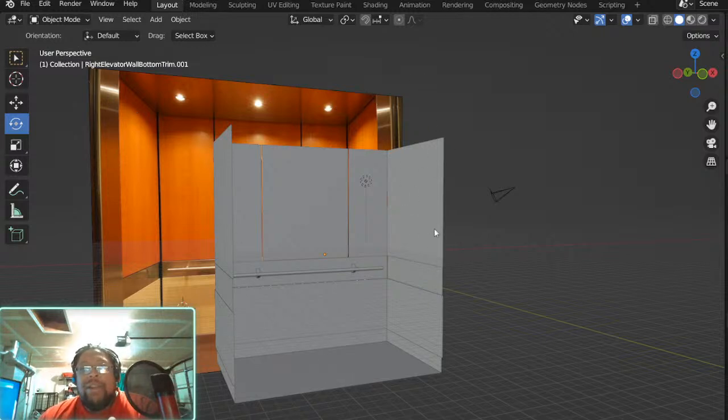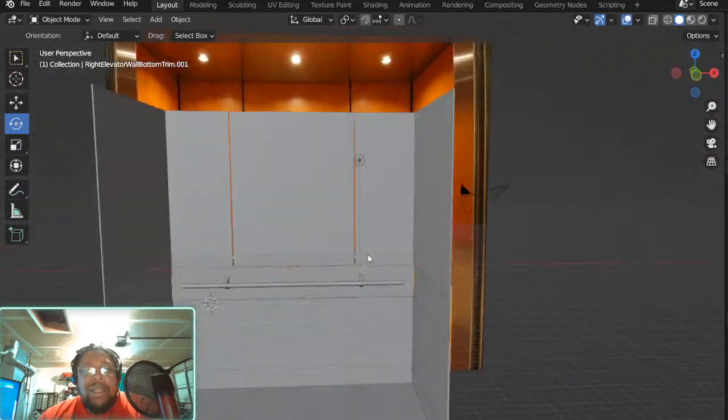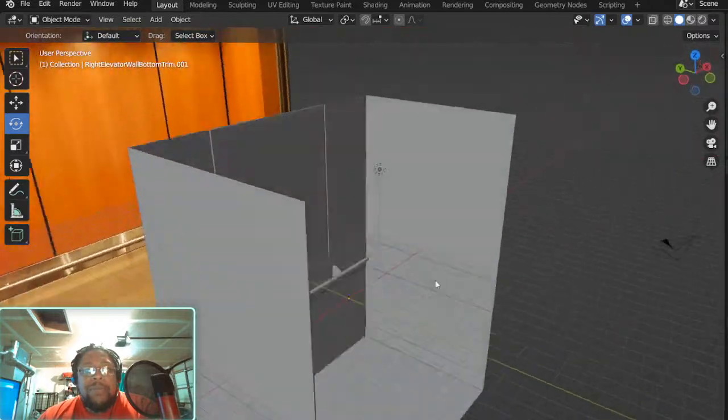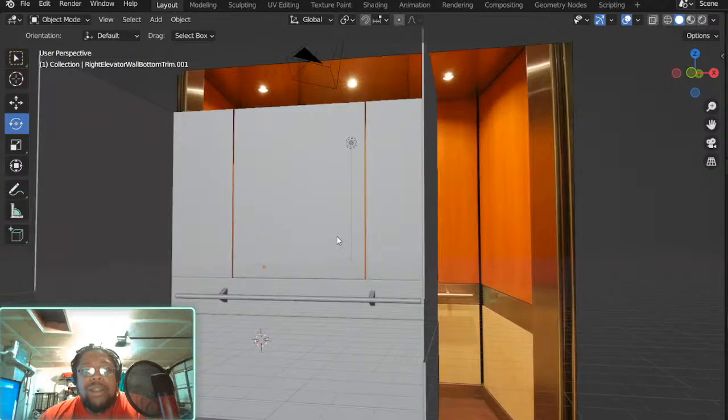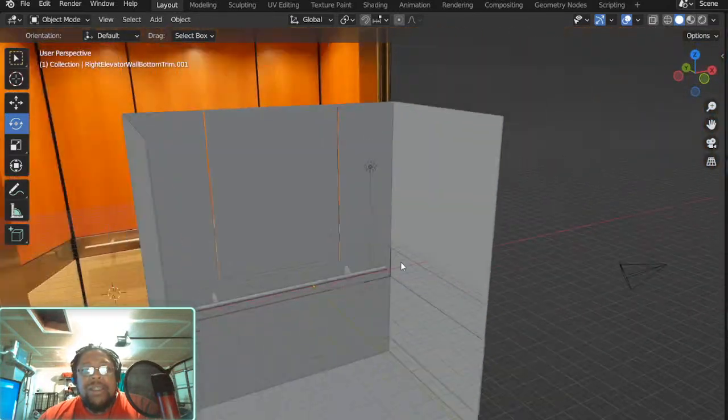You know, what's the elevator without doors? So this front wall, I got to make doors that are going to slide in and out. And I don't know what those look like per se, but I'll have to make it match the rest of this elevator somehow. So those are the next part of the project to do. But it's coming out good. It's coming out real good. I'm loving it. Nice.